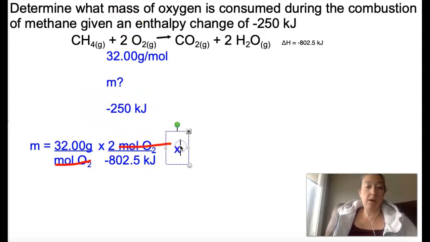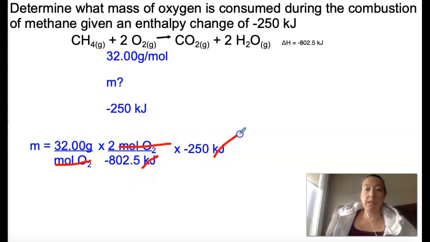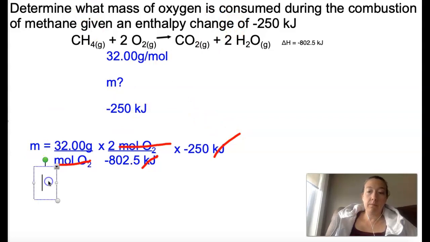So we can then times by negative 250 kilojoules. And that's going to allow us to cancel out kilojoules, leaving us just with grams. So 32 times 2 divided by negative 802.5 times negative 250, we get a mass of